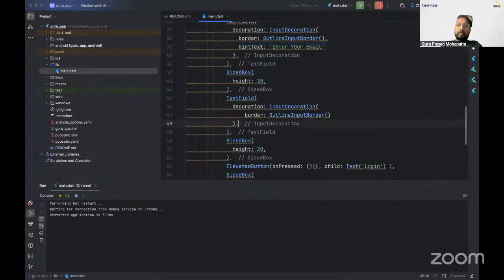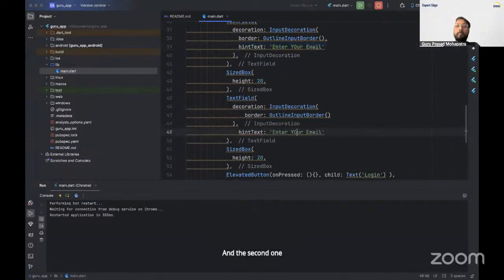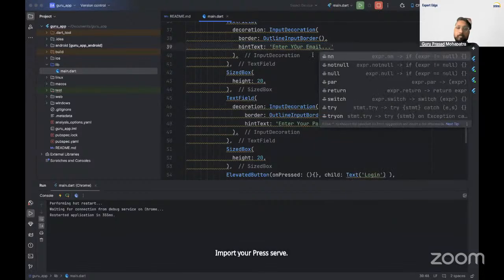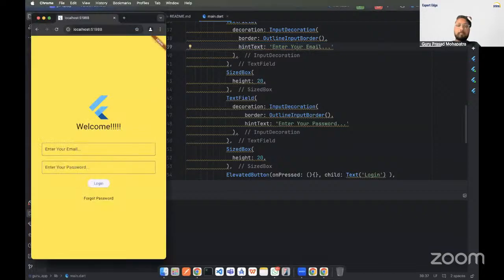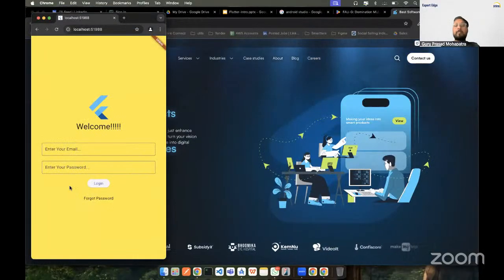In the second one, input your password. Now it is looking more beautiful.